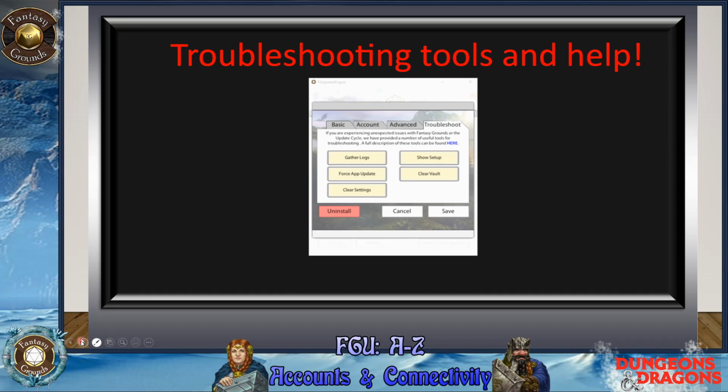When you update Fantasy Grounds, quite often the update will include an update to the updater. That means the updating software needs to update. So when that happens, let it do its thing. Do not exit. Let it fully install. It will reboot and it will go back to wanting to update again. So if the updater needs updating, let it do it. If you stop it in the middle of its cycle, you could corrupt it and you might have to reinstall the program. So make sure you let it do its thing when the updater is going to be updated.